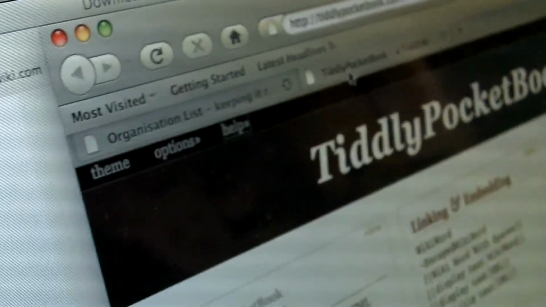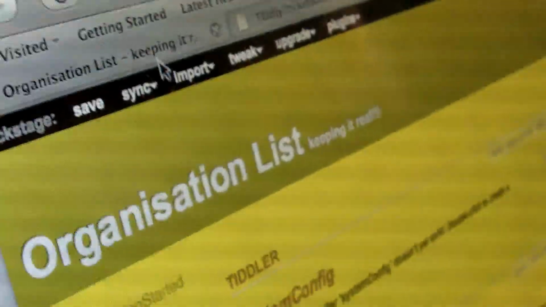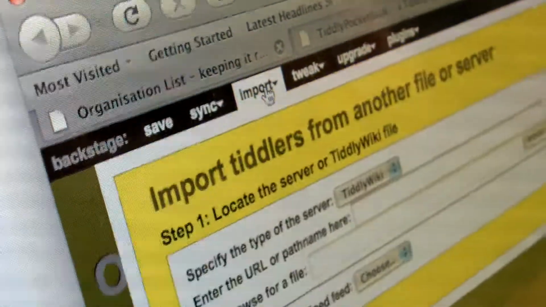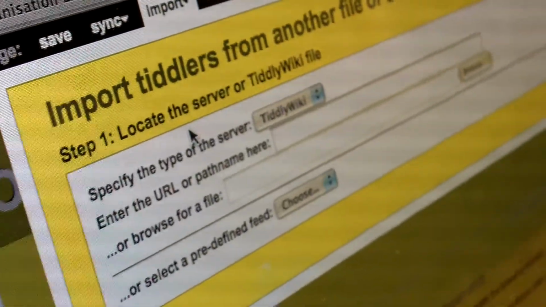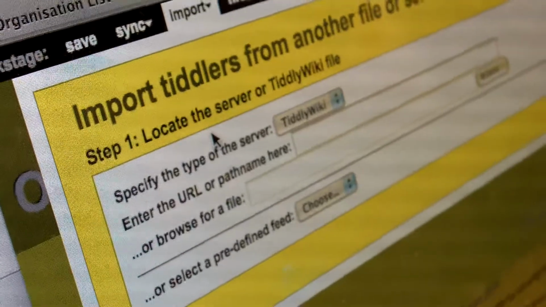The only other thing I wanted to mention actually is the backstage. So this is also where you can do, where in Tiddly Pocketbook, that's why I couldn't actually do it, because he's made it more customized. But in this case, the standard thing is you can actually import tiddlers from other places, and because the mode of reuse for a TiddlyWiki is just based on a single tiddler, it's quite an easy modular format. So if I want to, I can use something called Tiddly Tools,